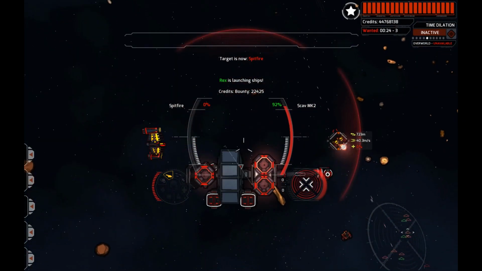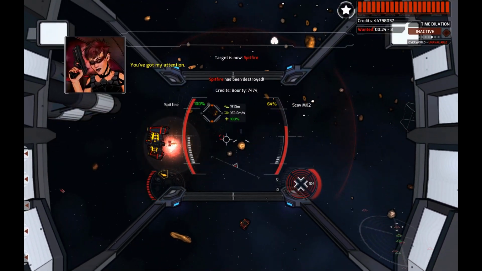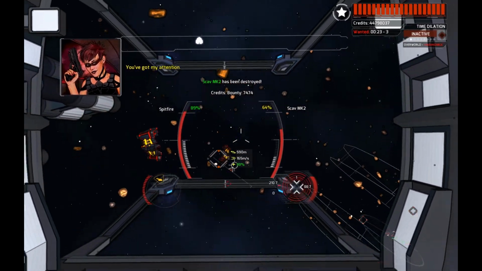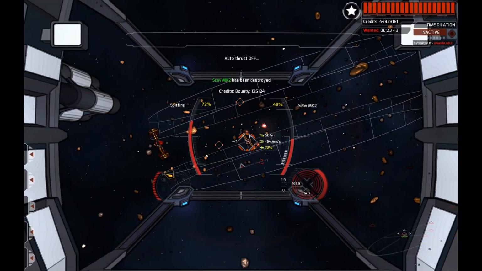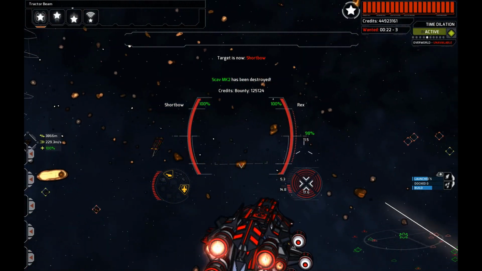There we go. So you can pilot it. You can just switch to any ship really rapidly. You have a nice list, you have their healths, and you also have your status screen. So he suggested, hey, why don't you expand that screen